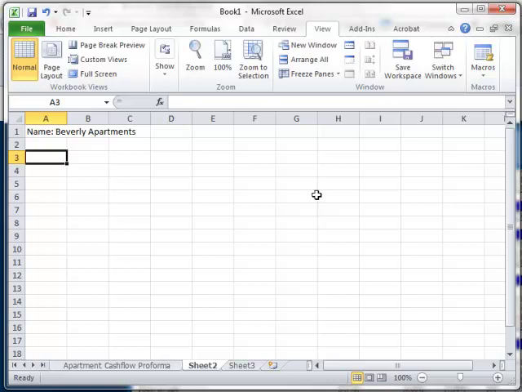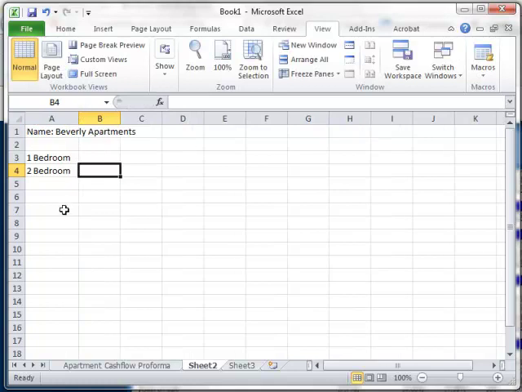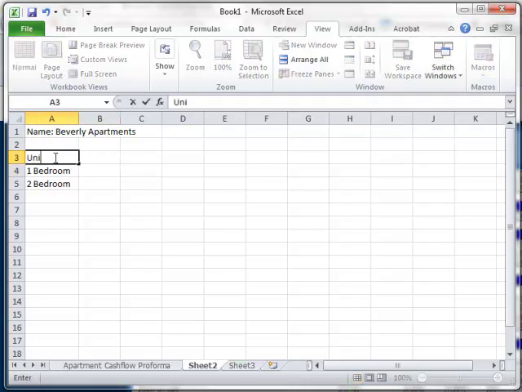In this one, let's use 1 bedrooms and 2 bedrooms as the types of units we have. We don't have any 3 bedrooms or studios, and I'm going to try to point out some just basic Excel tips as we go along for those of you who aren't Excel experts or have never used Excel at all. So I'm just moving around these different boxes, or they're called cells in Excel, and as I type, it saves